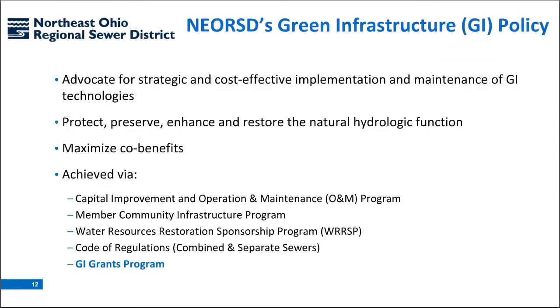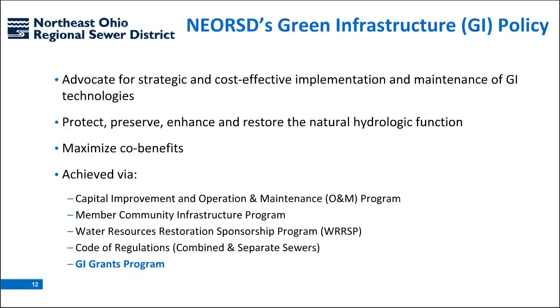So we have a green infrastructure policy, and I wanted to touch on this simply because it ties right into why and how we use the Stormwater Calculator. Through our own projects and through private development, we advocate for cost-effective GI technologies to be utilized when possible. Obviously, the purpose is to protect, preserve, and enhance the natural hydrologic function of the